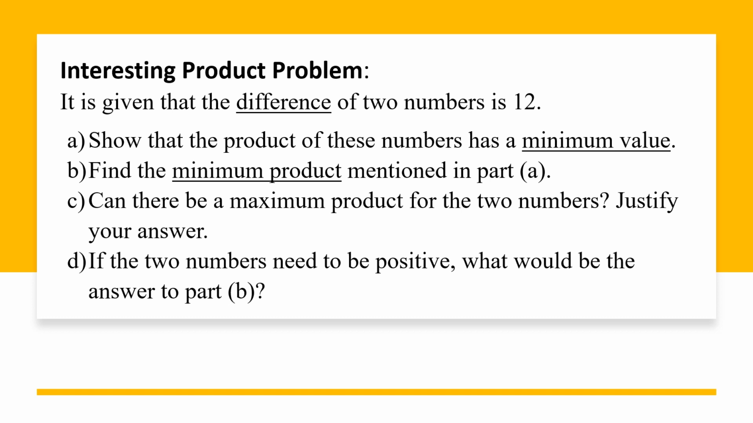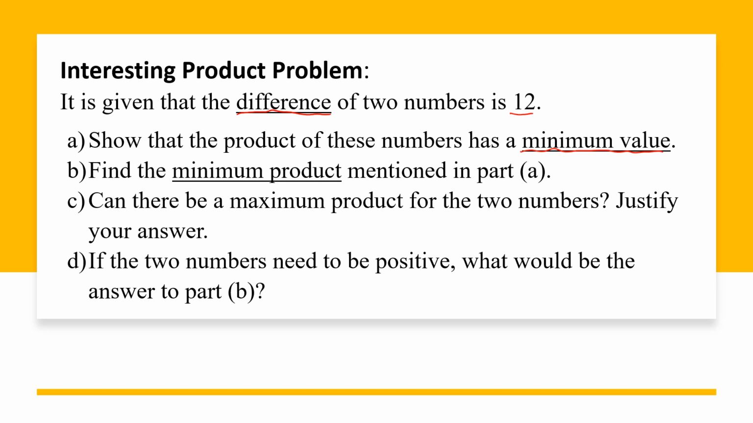So we have an interesting product problem. It says that the difference of two numbers is 12. So you have two numbers, the difference is 12. And then it asks to show that the product of these numbers has a minimum value. So if you want to find what will happen to the product, you can see that this